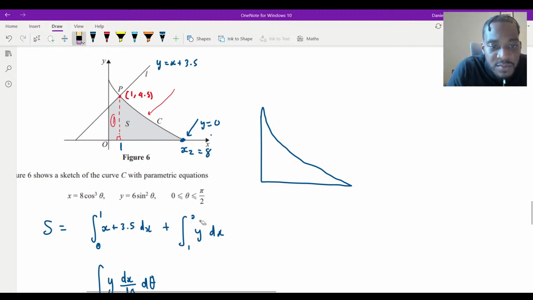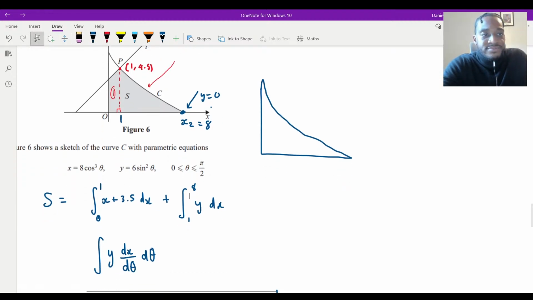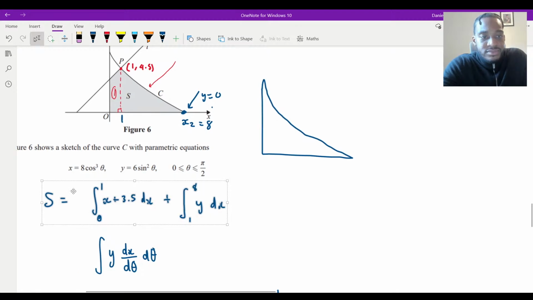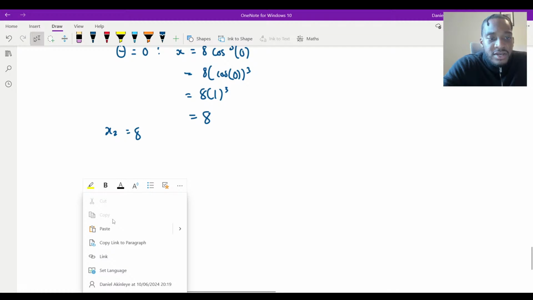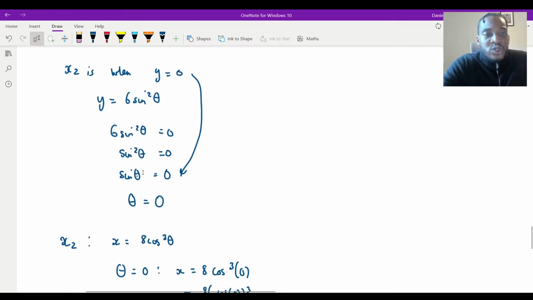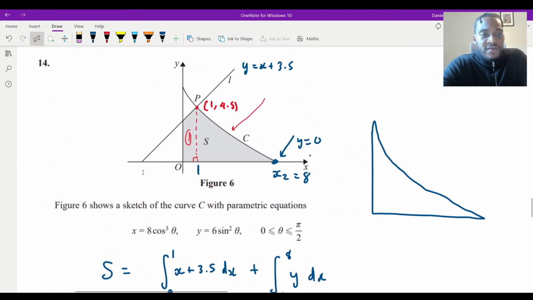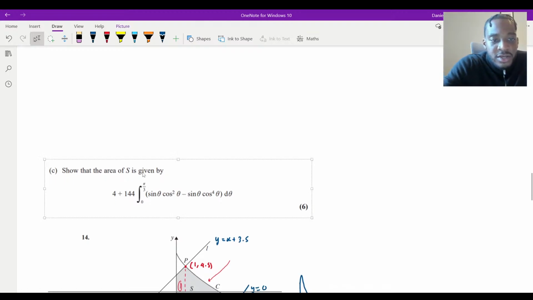So I'm going to rub this out. I'm going to put this here. So remember, this is a show-that question, by the way. So I'm going to grab this and copy this here. This is the area that we figured out, right? Remember, we're trying to show this. Where's the show-that? Right here.